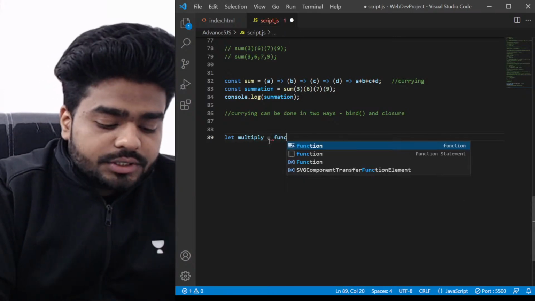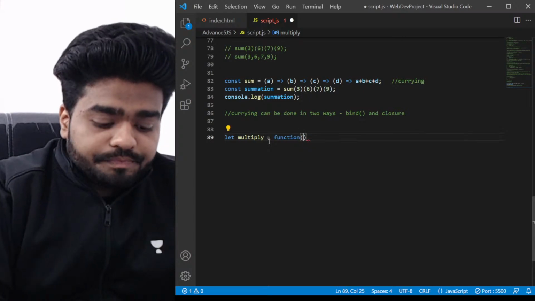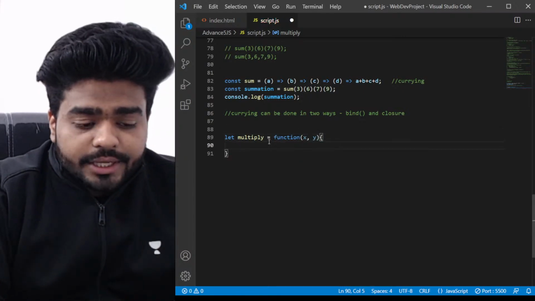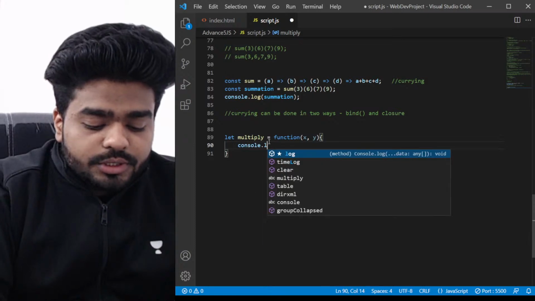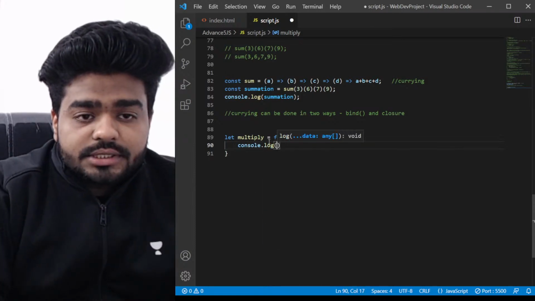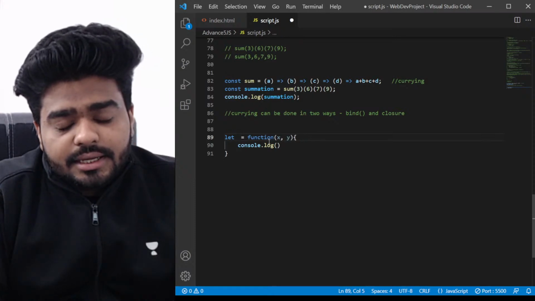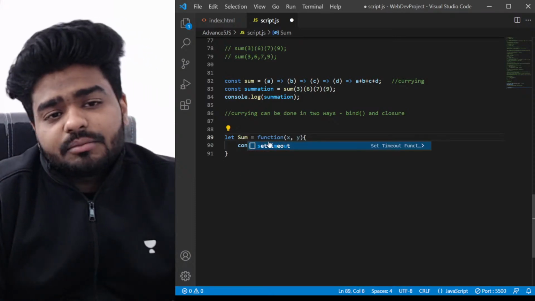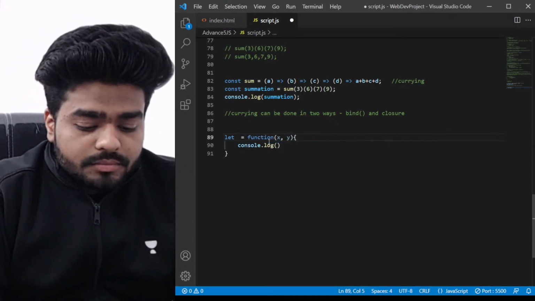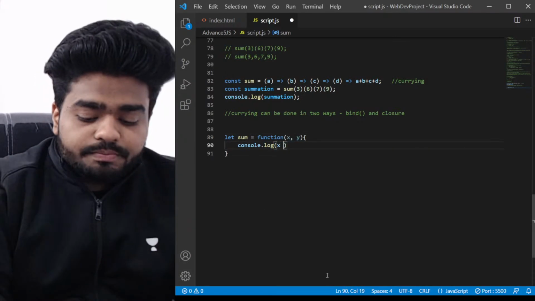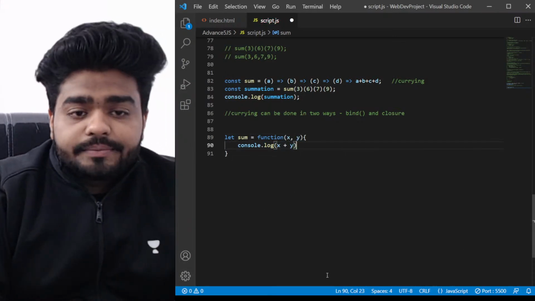I'm creating a function here which will have two parameters. Okay, and I'm just going to put down here the logic of this. Let's not say multiply, let's say sum. Let's make it more easy. Okay, and now in this one I'm just going to say x plus y. Cool,